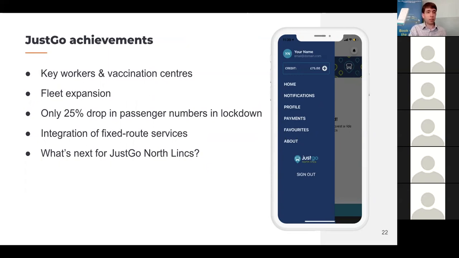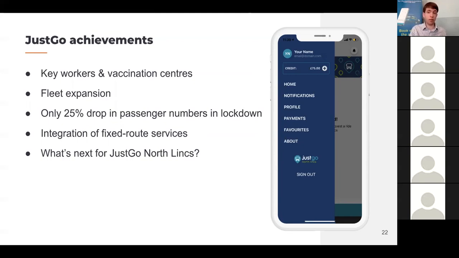And the fleet expansion that Ben mentioned, as a result of the high demand and the lifting restrictions on 12th of April, it was great to be able to put an extra vehicle in to allow for that extra leisure travel and non-essential journeys. And part of this is also people travelling to vaccination centres across the region. In North Lincolnshire, there's vaccination centres across the area. Some of them are small surgeries, and some people travelling to them may not have been out of the house for a year, certainly in the first few months of the programme.